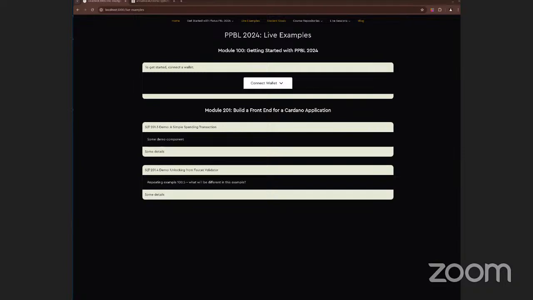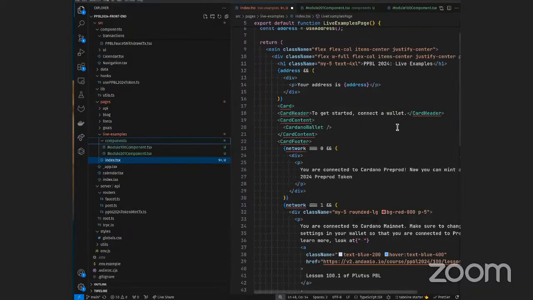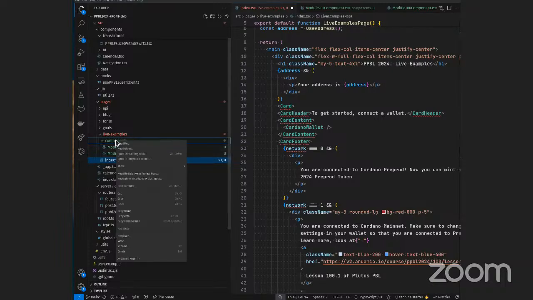It should actually be above these two components like this. But maybe it will be good to have that in a separate example. So let's